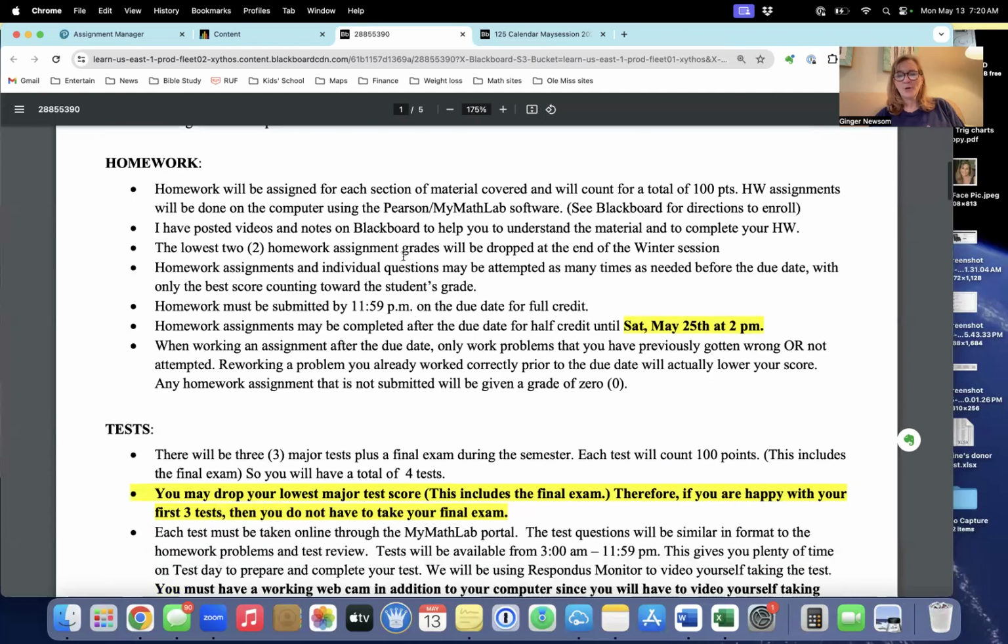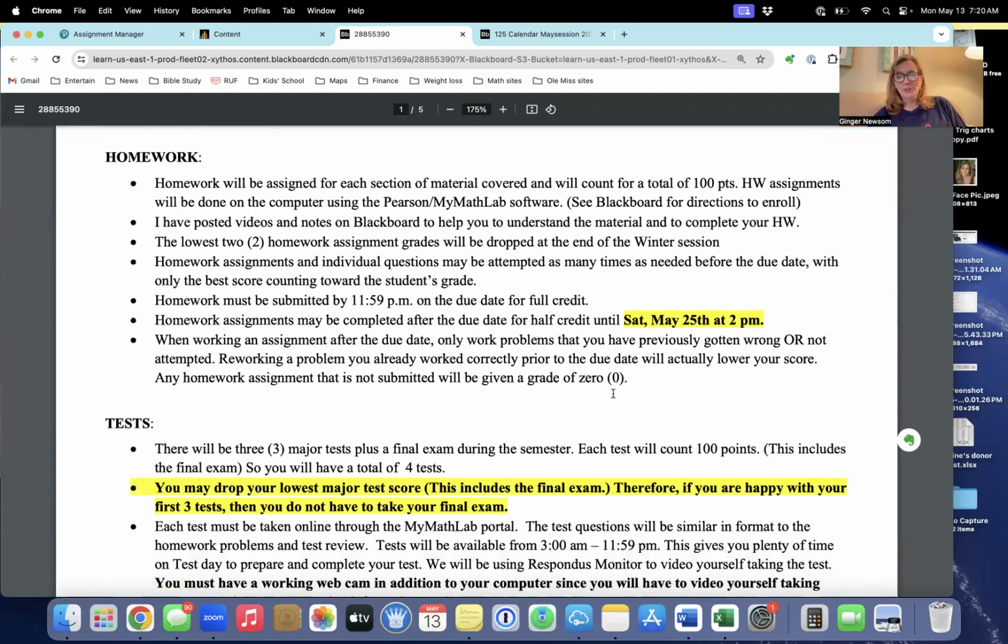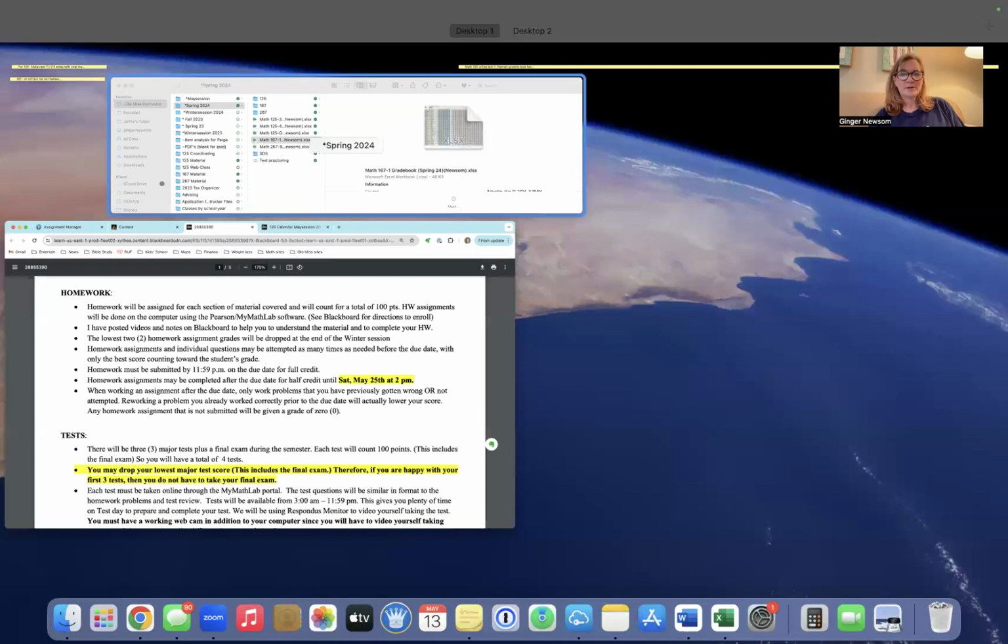Okay, like I said, the homework is due at midnight by your testing. You do have till Saturday, the day of the final exam, at 2 o'clock to finish any unworked homework for half credit. So from the homework from test 1, if you don't finish it, let's see, do I have it here?